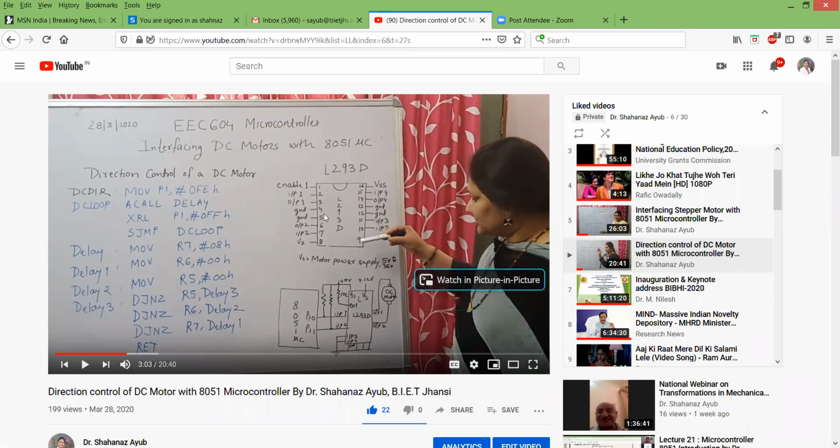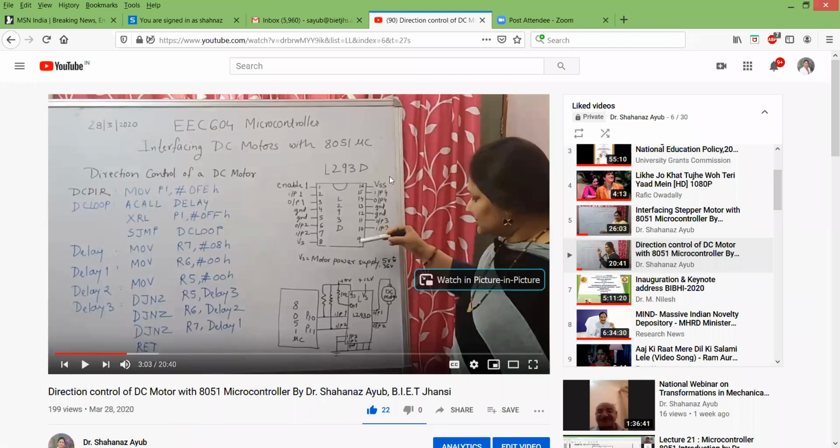So I will explain this. We cannot connect a DC motor directly to the port pins of the 8051 microcontroller, because the output current capacity of the pins of the 8051 microcontroller is only a few milliamperes. Maybe it is 10 milliampere or 2 milliampere. It is not sufficient to drive the motor, any kind of motor. So you have to have one interface between the motor and the 8051 microcontroller, to drive the motor efficiently.